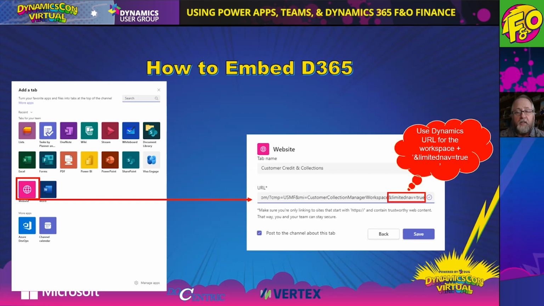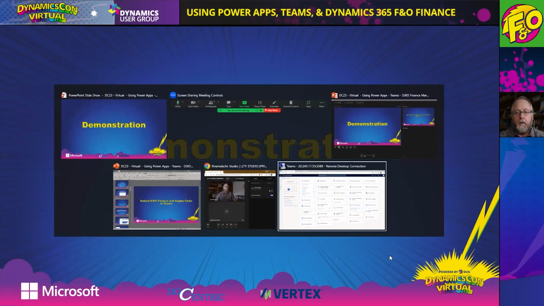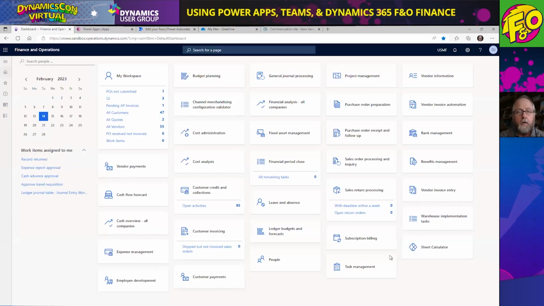And it's that ampersand sign, limited nav equals true. So you need to find the window that you want in D365 and embed that in Teams. So probably the easiest way to do that is let's take a look at a demo of that. So I'm just going to jump over here to